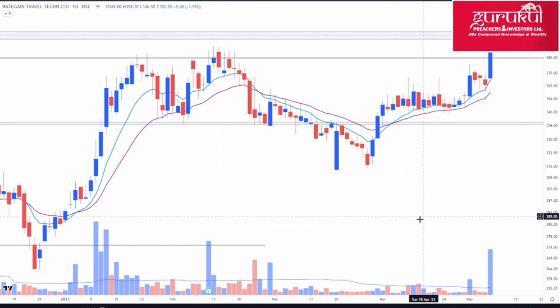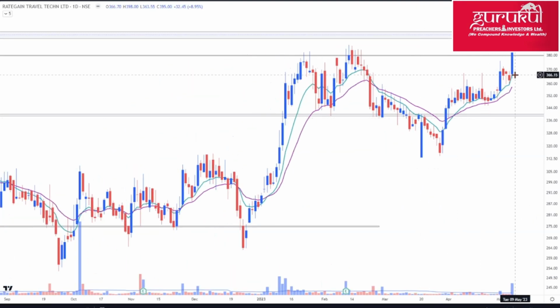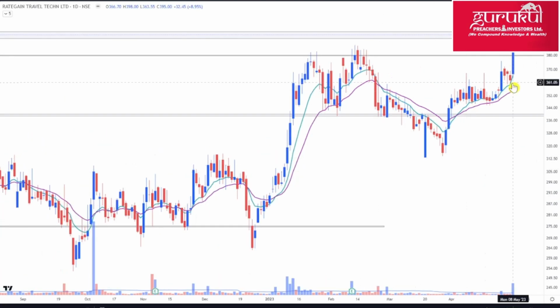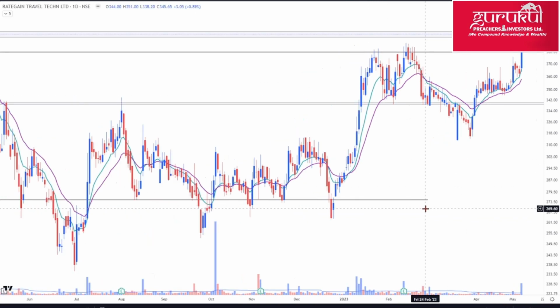So coming to the daily one, you see here such a good, beautiful candle. It is building up, and this base has been negated by this base, and there is another base it is forming up, and the volume is coming up. See the volume spike, such a good volume spike and a good wide range candle. It has overcome all the previous candles that it had formed, right? So all the psychological levels it has crossed, and it is at a prime resistance level, which it is intending to break